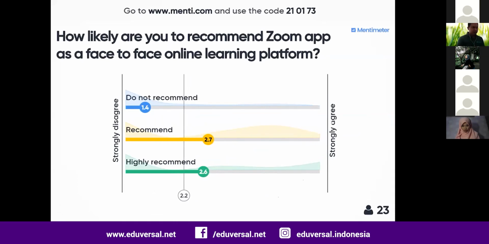You don't want to recommend Zoom app as face-to-face online learning? Yeah, also using this Mentimeter, I show you how you can create an interactive slide that can also be integrated in your online learning activity. Okay, from 35, most of you answered recommend and highly recommend. Okay, thank you for the survey. So let's go back to the slide.